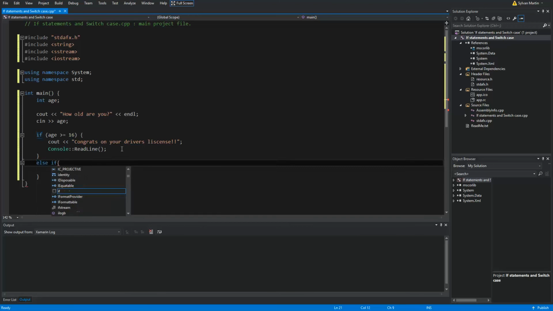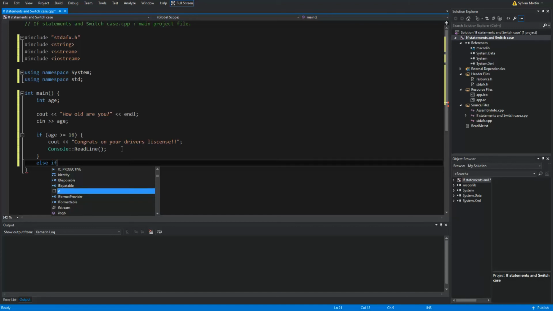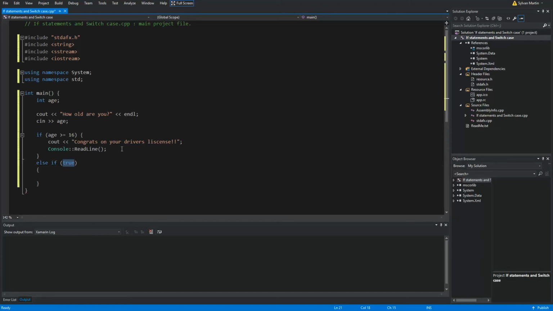Else if. That's what I meant, guys. Sorry. Else if, not if else. Else if is a connection. This is all one statement, right? This is another part of that statement, all right? We can put if it is